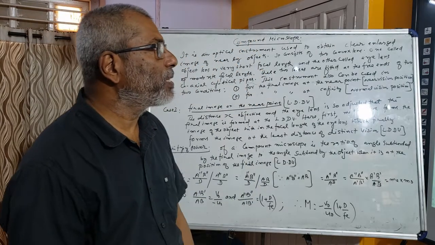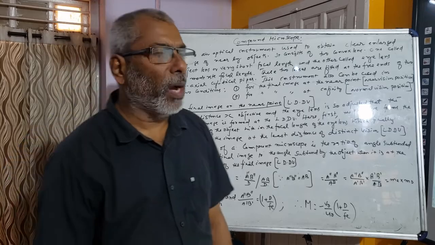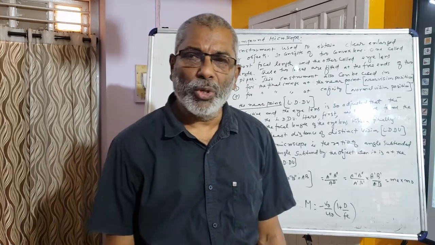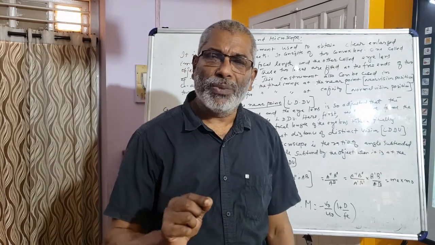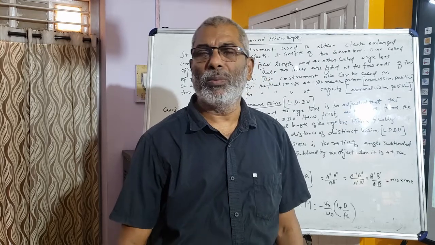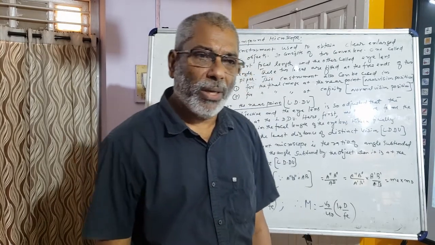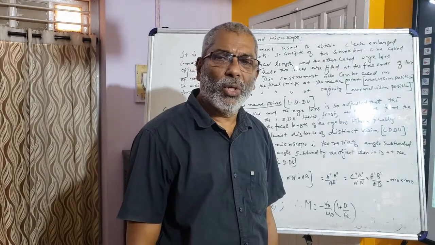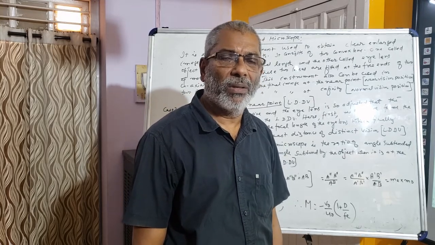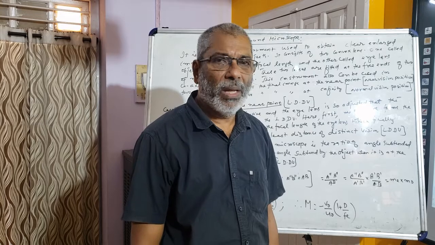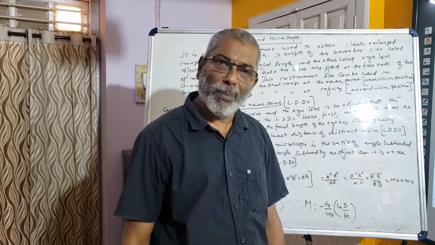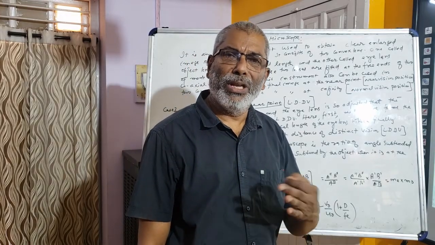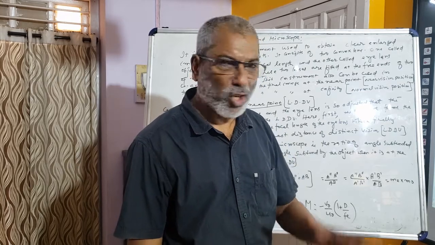In this class we are going to discuss the compound microscope. A compound microscope is an optical instrument that is used to view very tiny objects which are lying very near to the eye. Actually, the naked eye cannot see very tiny objects like germs and bacteria. To view very tiny objects like those, we use a microscope. Remember, in the case of a compound microscope, the object is placed very near to the lens of the instrument.